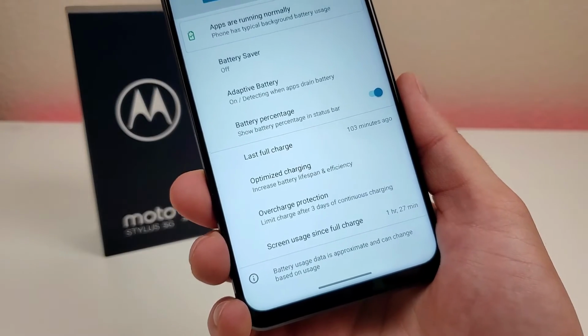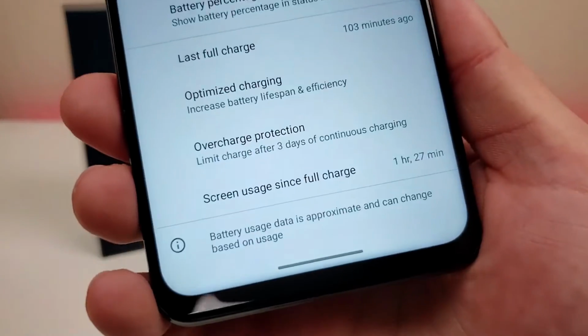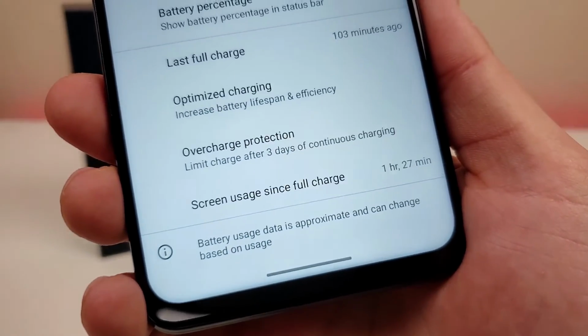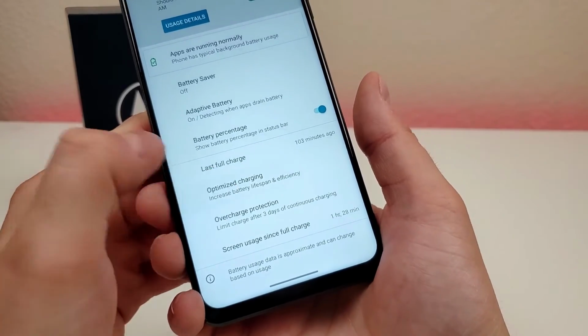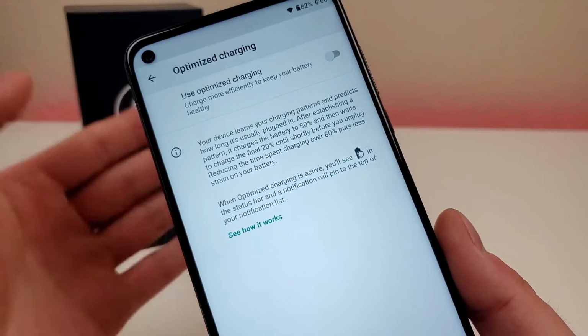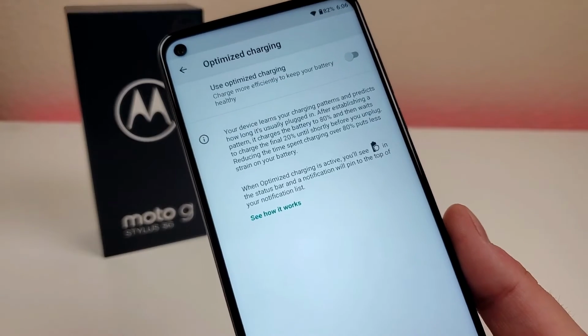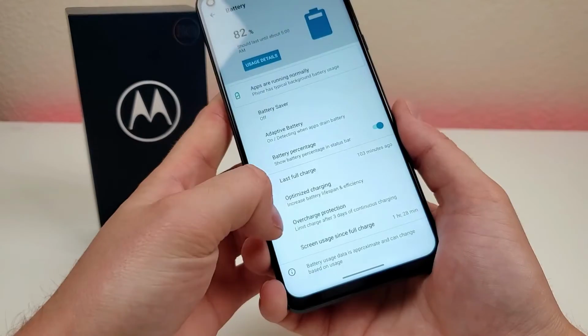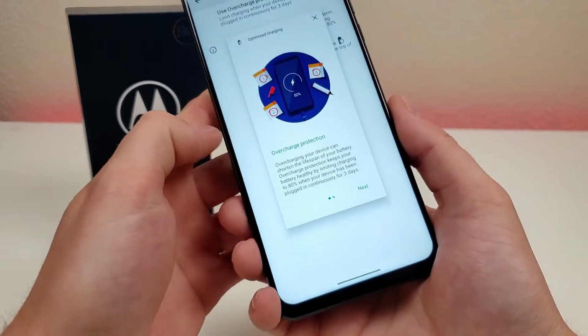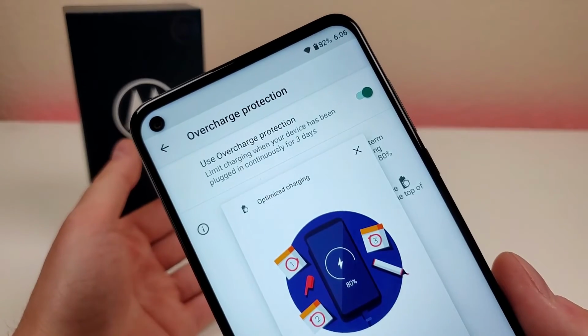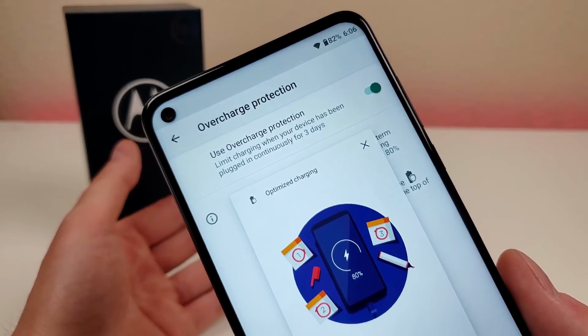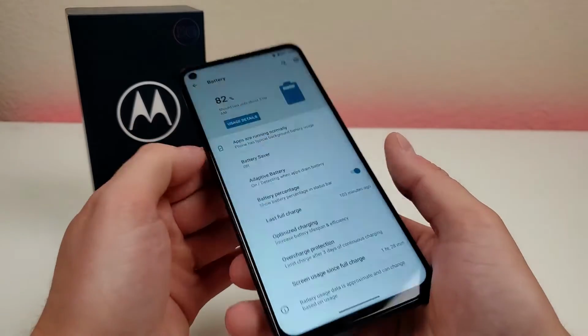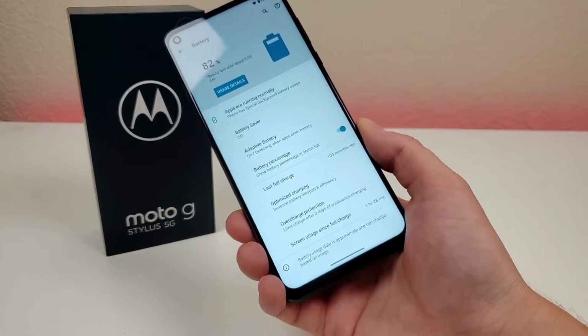And they also give you some interesting information for the screen usage since the last full charge. There's also optimized charging, which is pretty interesting as well. You can enable that too if you want to keep your battery as healthy as possible. And then there's also overcharge protection. So you can limit charging when your device has been plugged in continuously for 3 days. So a lot of little things here that could potentially make a big difference when it comes to your experience